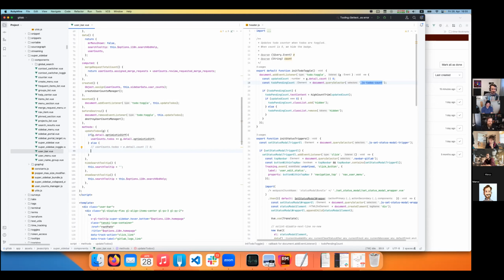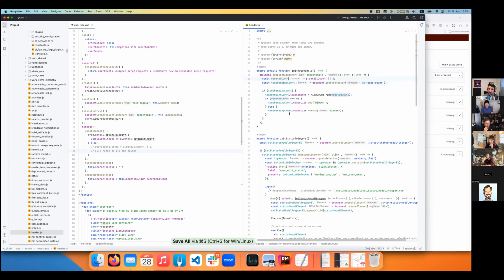Let's call it pessimistic, right? So in this case, we would do a full fetch of all the counts in the new nav, right? While in the old one, we would